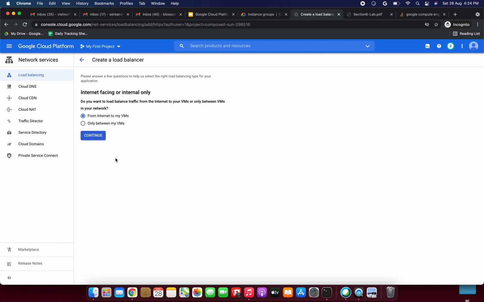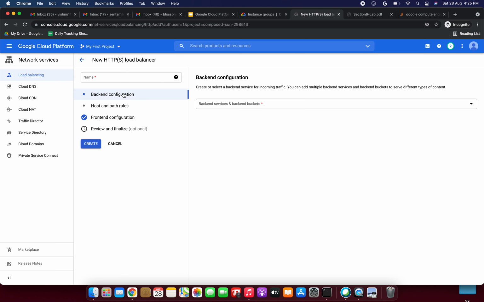So I am selecting start configuration. This is for internet facing. Do you want to load balance traffic from the internet to your VMs or only between the VMs in your network? We need to load balance traffic from the internet to our VMs, so I am selecting from internet to my VMs. Just click continue right now.